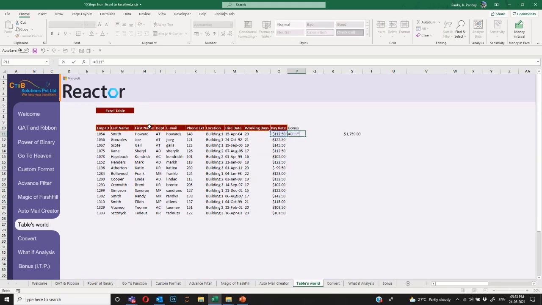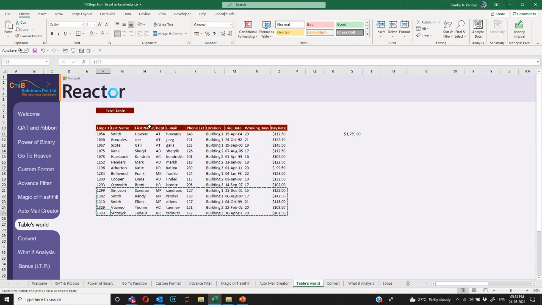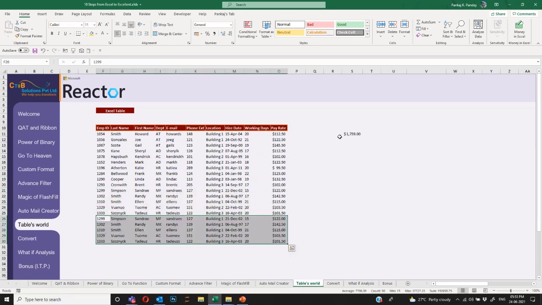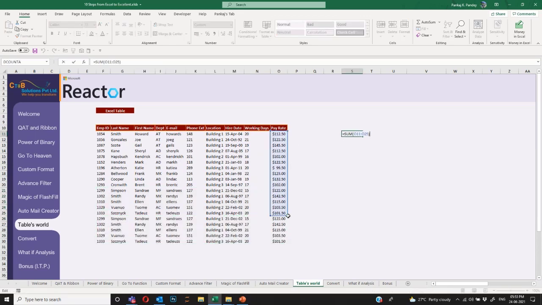So I will add a bonus column, and the bonus is 10% of the pay rate. Then I have to copy that and drag it here. After that, I have to apply the formatting from here to here. All these things I have to do here. And tomorrow, when I add some more data, this formula is not changing because the range is not changing, so I'll have to drag it manually.